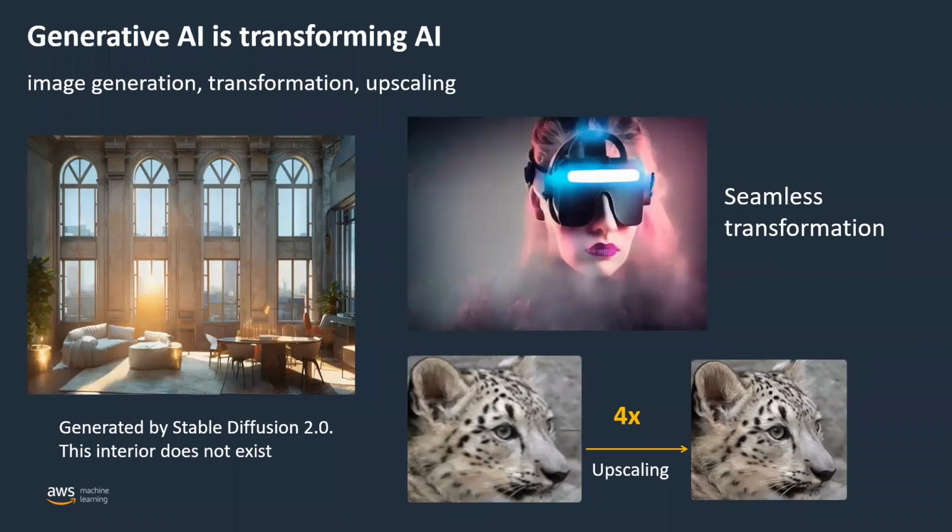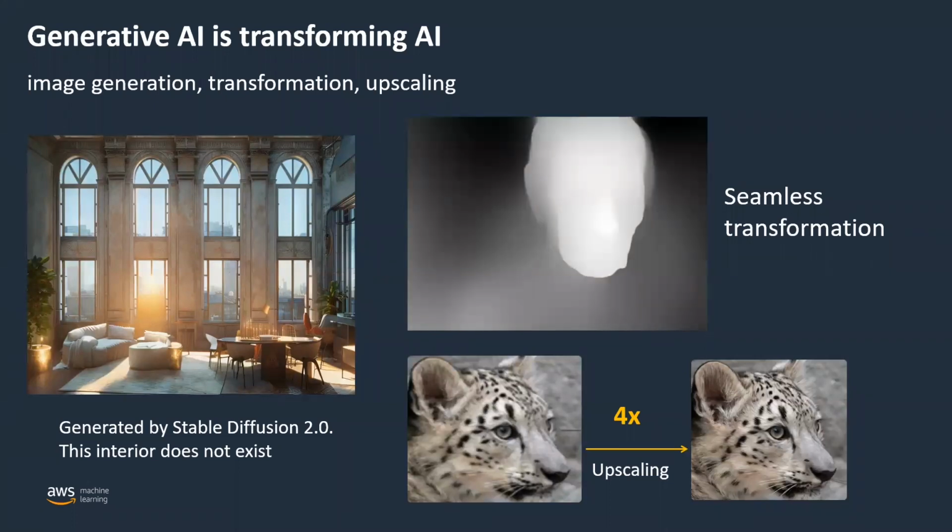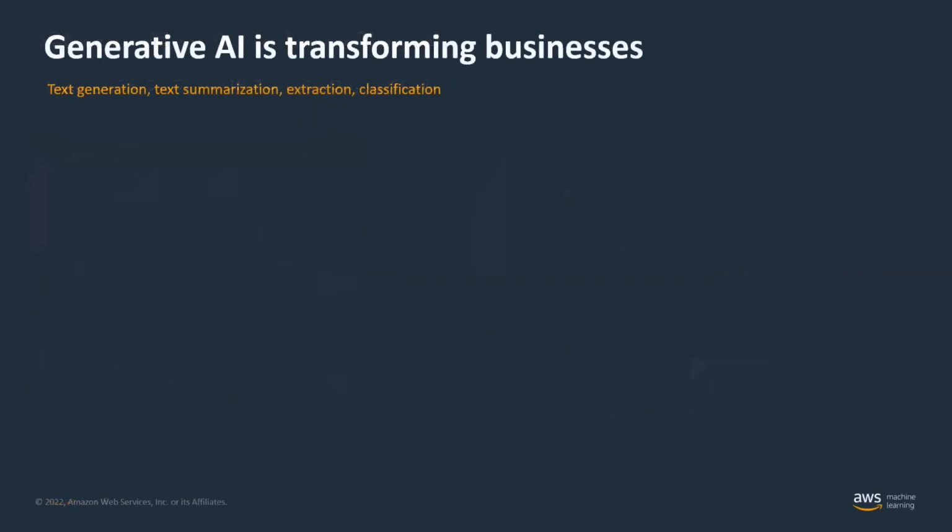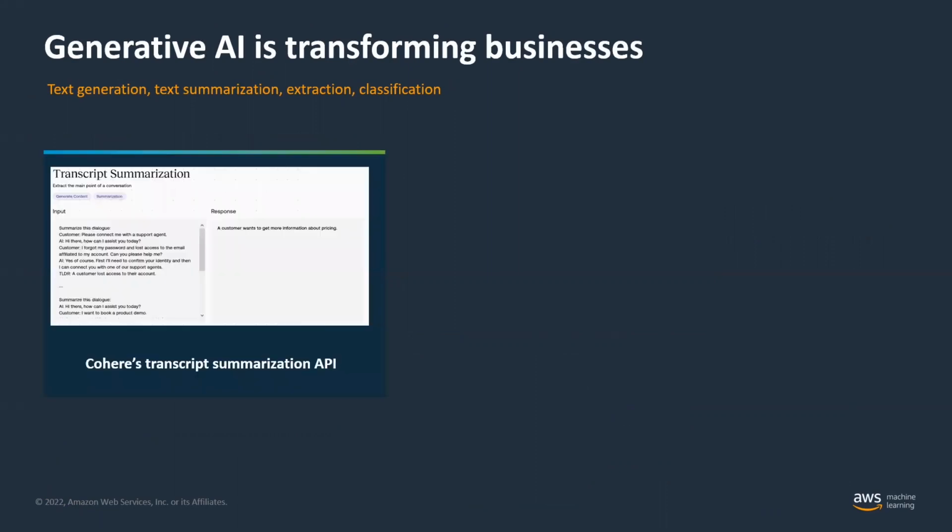But there are also a lot of very business focused generative AI use cases that sometimes don't get as many of the headlines as some of the cool stable diffusion type generative AI stuff. Here is a simple example where generative AI is used to summarize a transcript. So if you have an hour-long customer support call, it's easy to run that through a transcription service and get a transcription, but